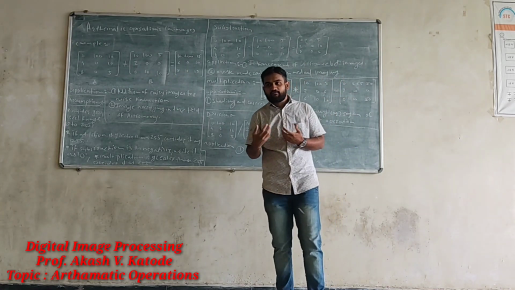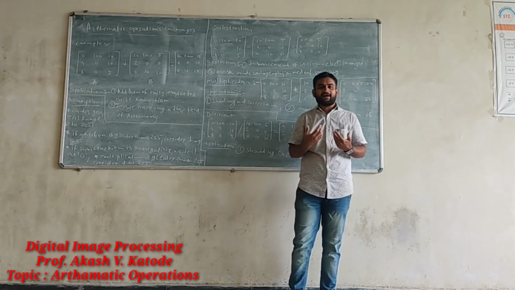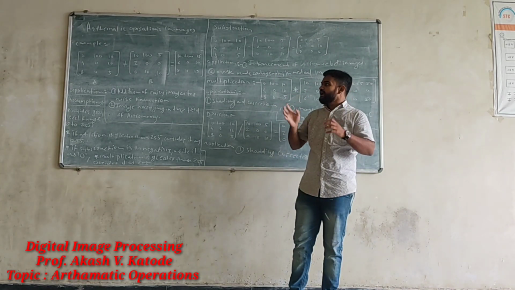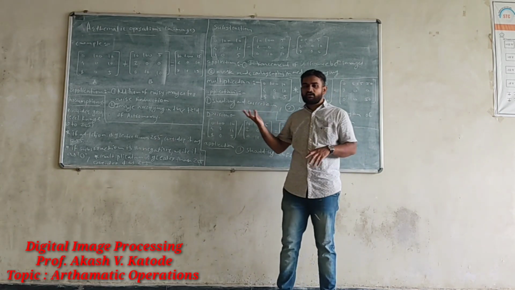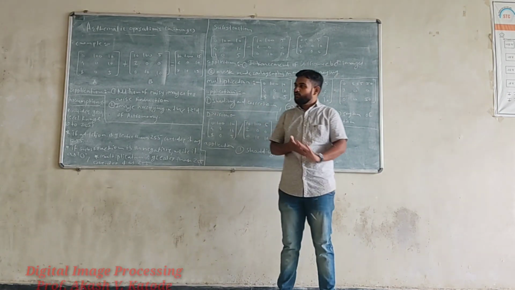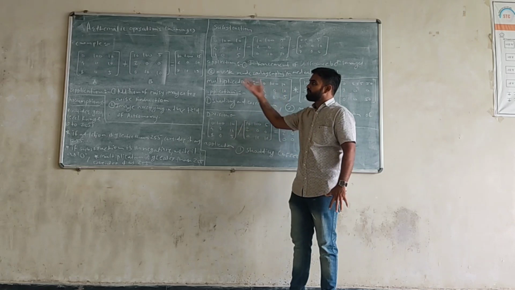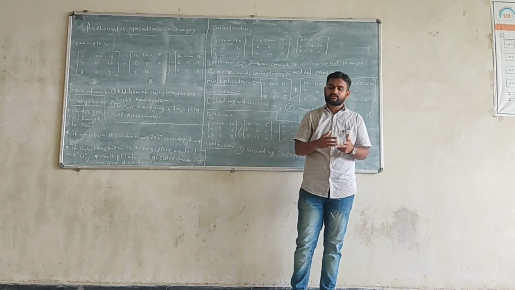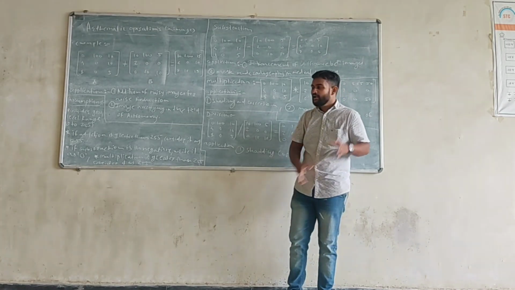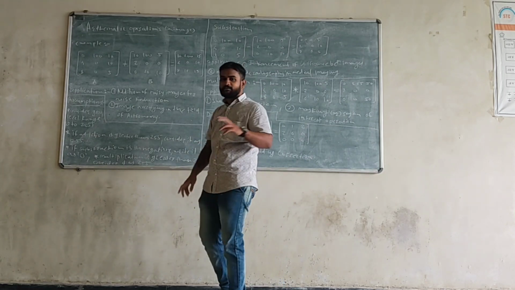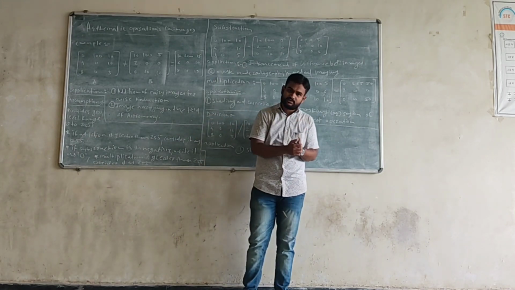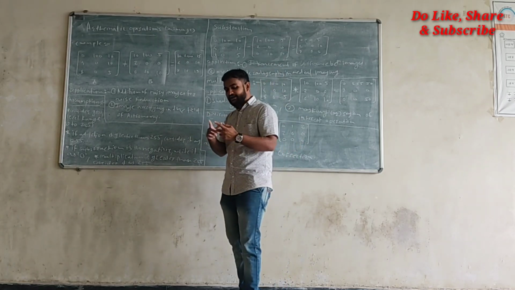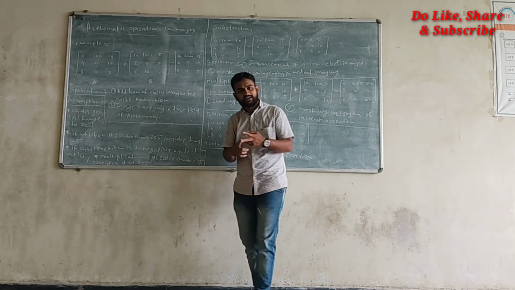Consider if we have images and we have to perform addition, subtraction, multiplication and division between two input images, then we have to take some assumptions to solve that kind of numerical. So in today's lecture, we are going to solve one numerical where we do addition, subtraction, multiplication and division between two given input images. For that, we have to follow some assumptions, some rules: the first rule is for addition, the second for subtraction, then for division and multiplication.